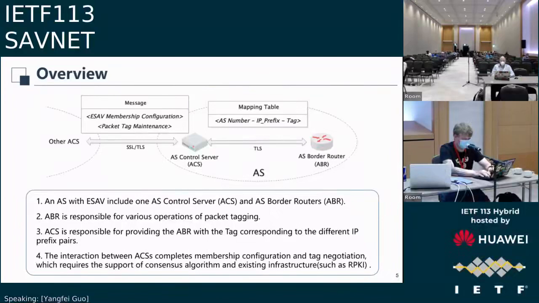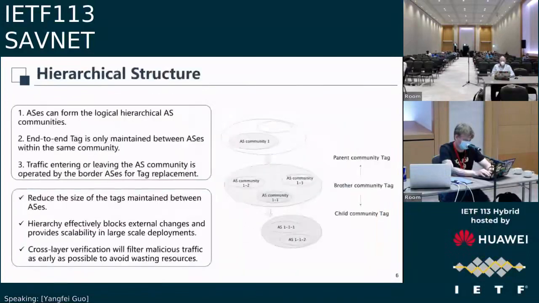On the other hand, eStarf is designed with AS community to provide good scalability. The overhead of establishing a universal end-to-end trust and tag verification mechanism at the internet scale is hardly acceptable. Simple end-to-end tag maintenance is also not friendly to changes in the network environment. In eStarf, a hierarchical structure called AS community is designed to address the scalability challenges faced by end-to-end tag schemes